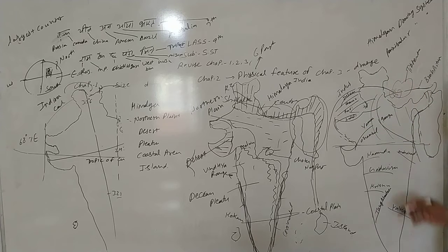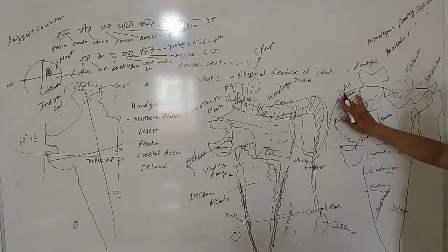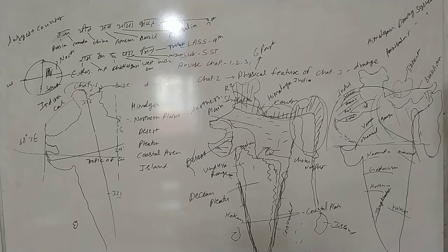The tributaries of the Indus are Jhelum, Chenab, Ravi, Satluj, and the tributaries of Ganga are Yamuna, Chambal, and many more rivers flowing in this area. The three main rivers Indus, Ganga, and Brahmaputra are shown in the book, so you have to read only these rivers. You need not read their subsidiary rivers. In the peninsular rivers, the main rivers are Narmada, Godavari, Krishna, Tungabhadra, Kaveri, and Mahanadi.